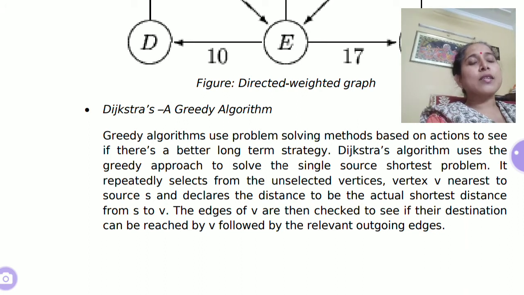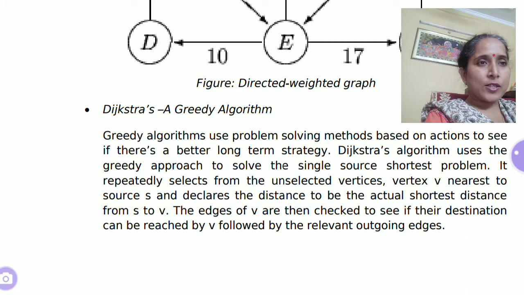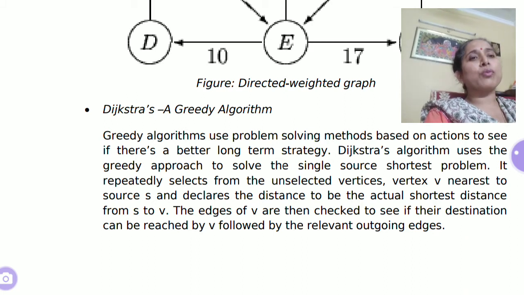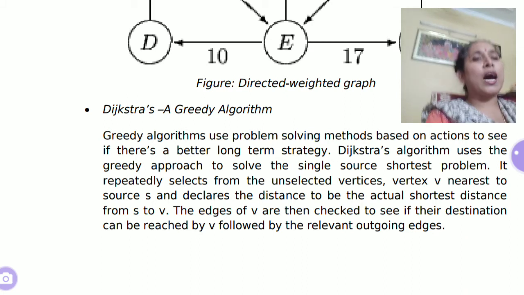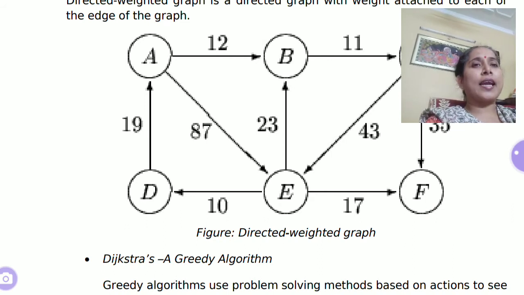So we, as human psychology, are more greedy. If we have options before us, we try to choose the options which suit our need and our likes and dislikes. The same is the case with Dijkstra's algorithm. If in a given example I say A is adjacent to B and A is adjacent to E.